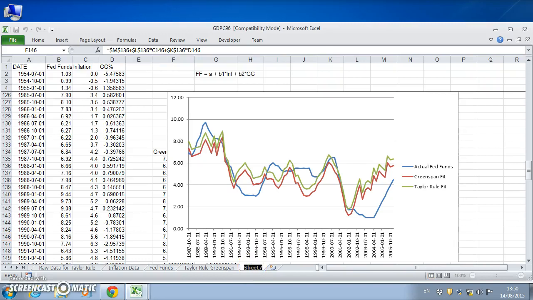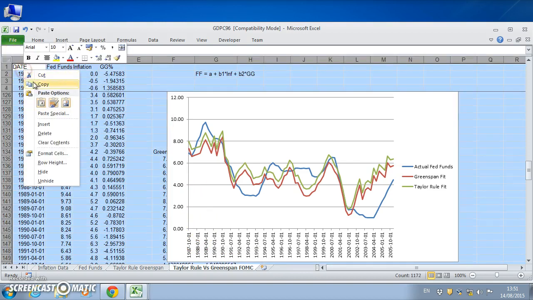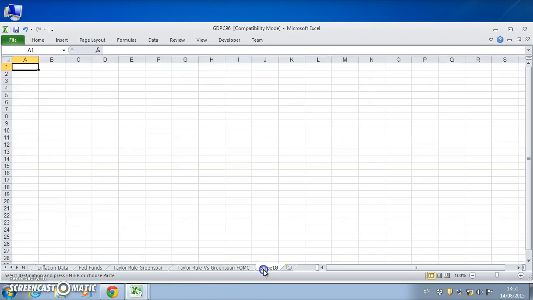Okay, so in the previous video we looked at the actual Fed funds Taylor rule versus Greenspan, FOMC. Okay, and finally what we could do here is we could take our data again, we could copy it into a